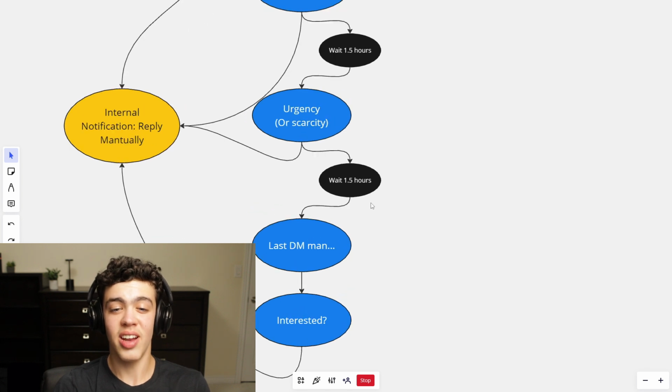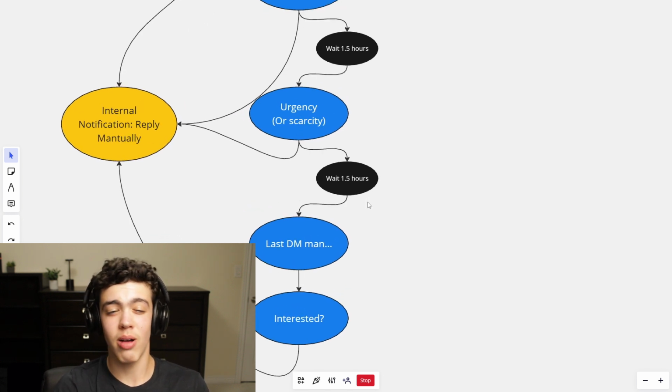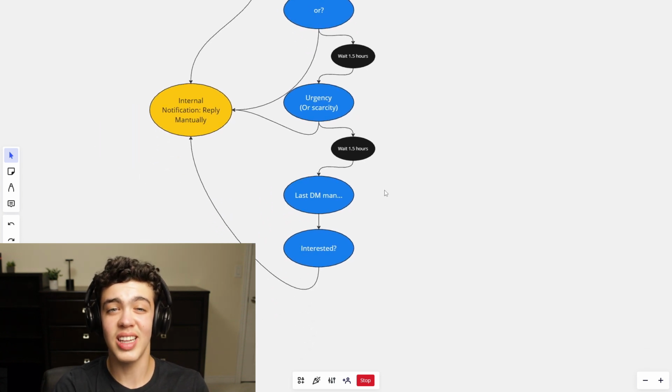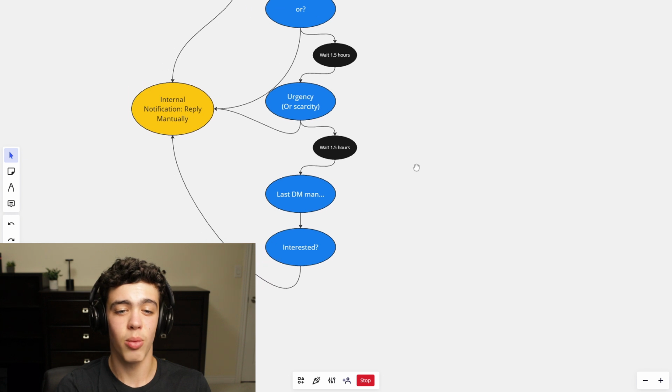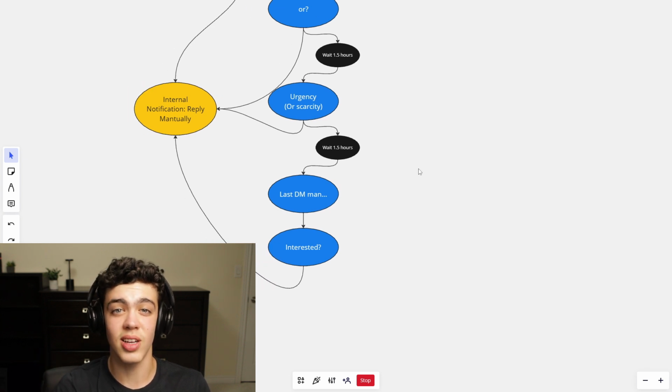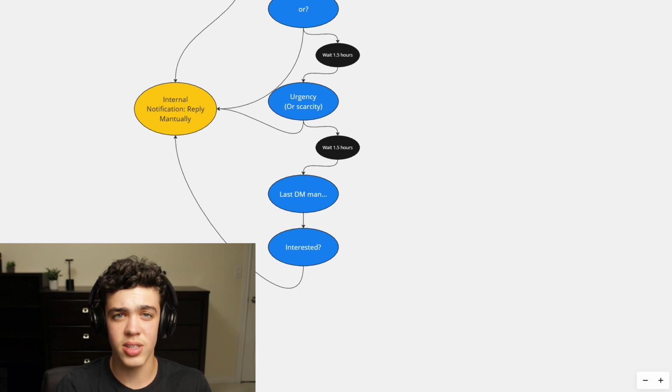And then we're going to wait another 1.5 hours to 24 hours, depending on the context of this message here. And then we're going to be clear that the next message that we're going to send, this next follow-up, is the last message they'd be getting from us. Instead of just having a similar follow-up to these two, we're going to get way more responses by making it clear that this is the last message, the last chance that they'll have. So we're going to say something like, hey man, this is the last message you're receiving from me about this. Are you still interested in